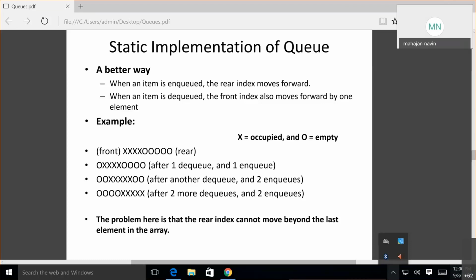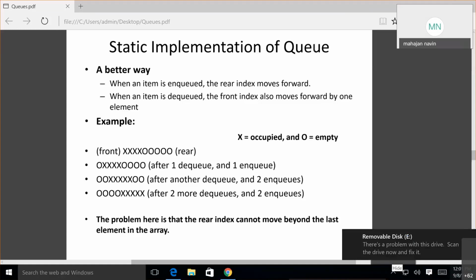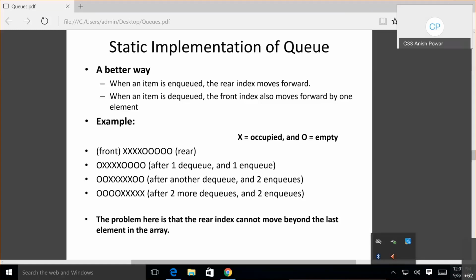Hello? Is the screen visible? Sure. Hello? Hello? Anish, I just opened the note. Was the screen visible before this screen? No, sir. Okay, fine.